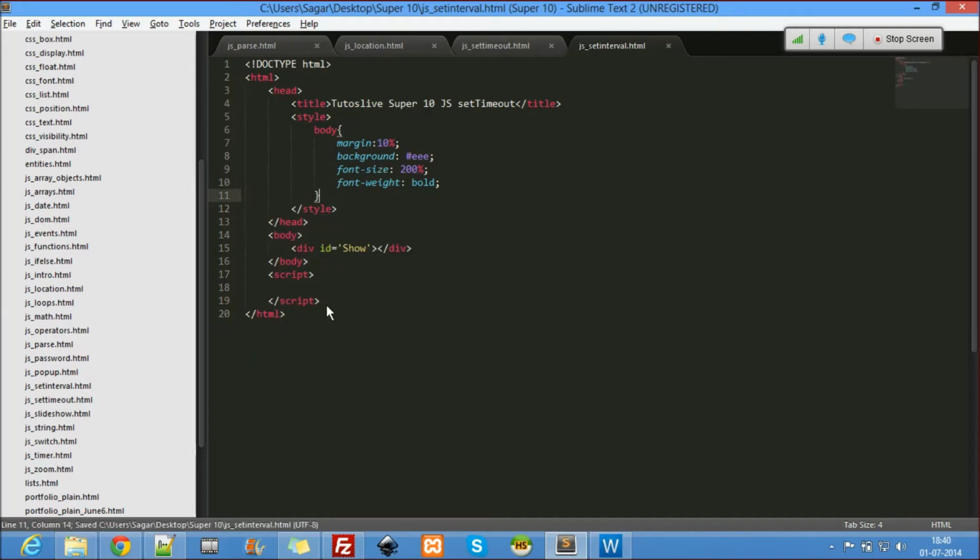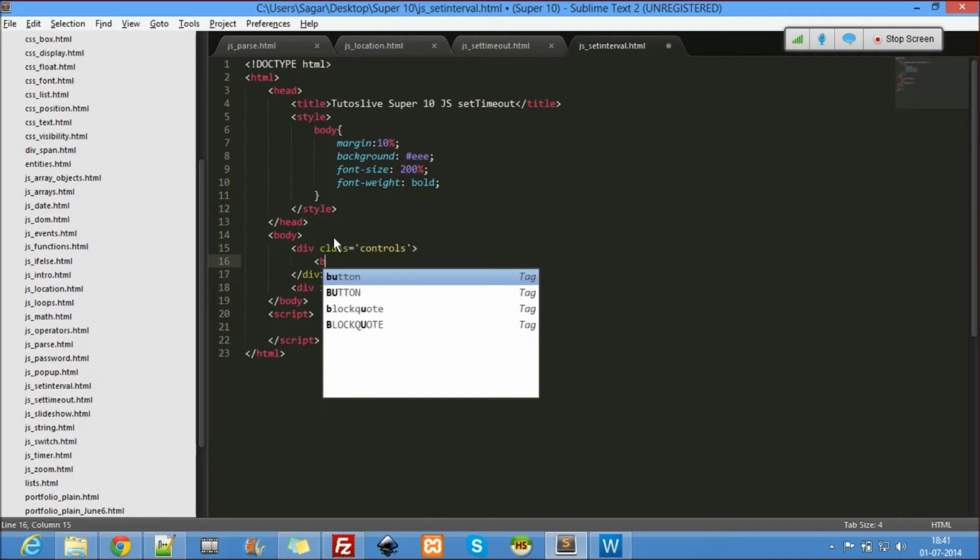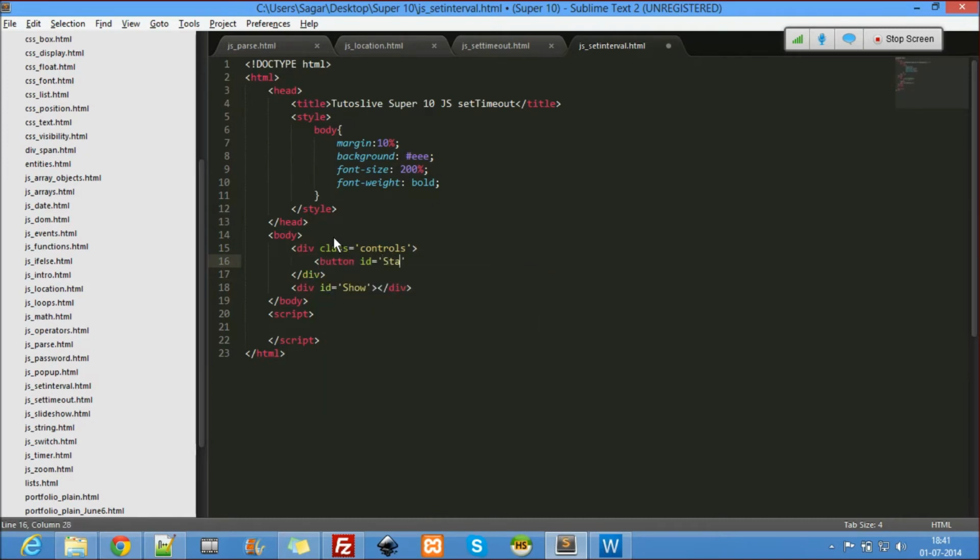Something like a counter application. So here I use a button, div class equal to controls. So here button is a tag, start. Okay, button is a tag, don't worry about what button is.